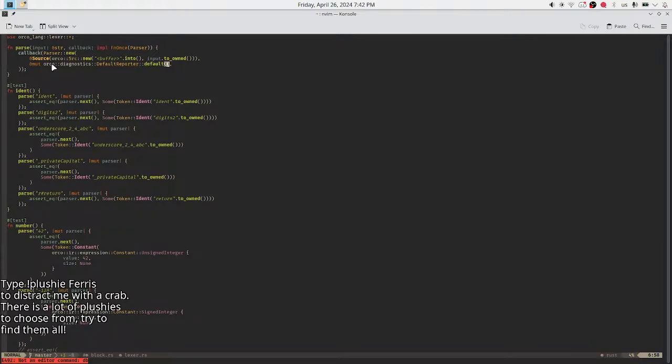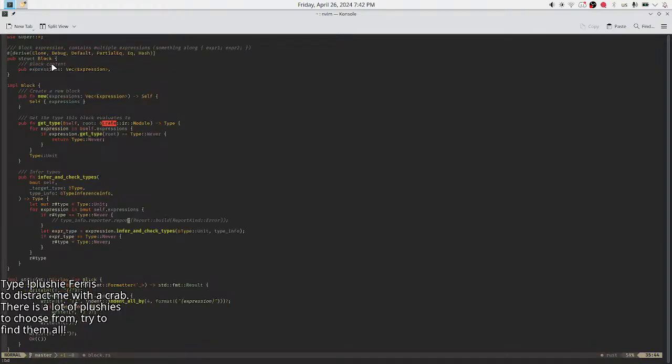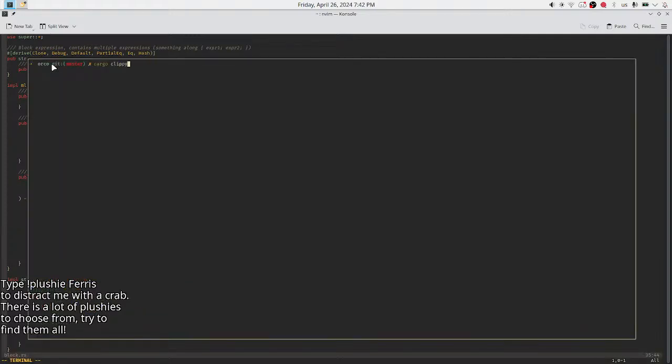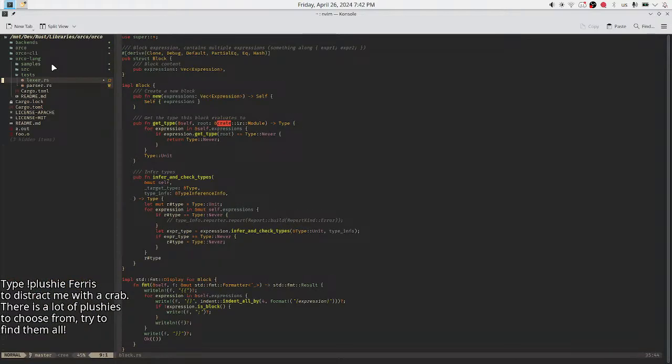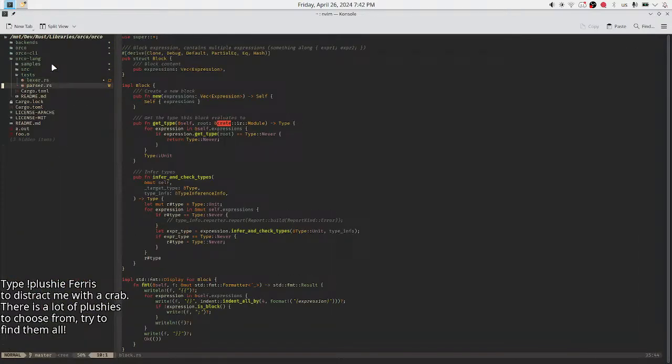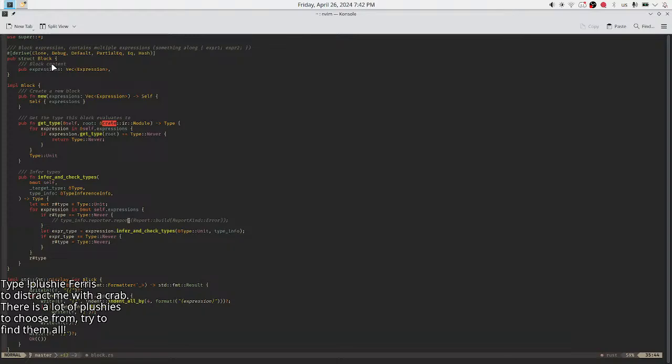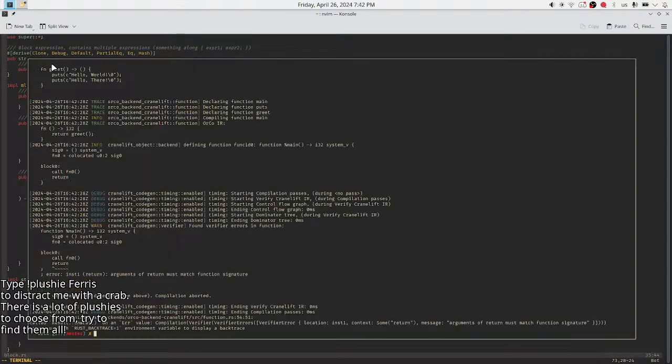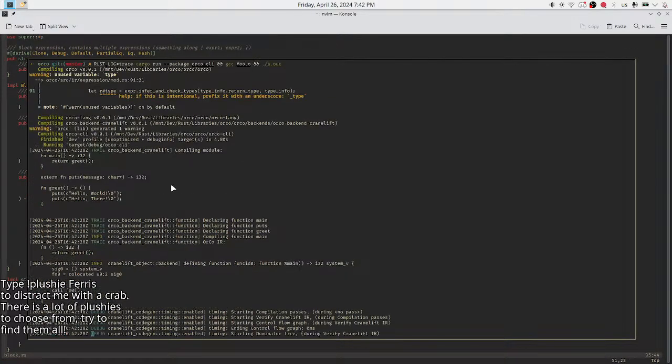Wait, I can't close the buffer and write it at the same time? This is weird. Okay, so now it should work. Hopefully. W is warning, I guess. Okay, seems like it works.